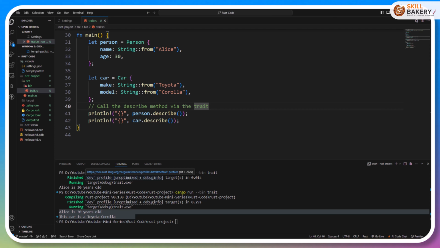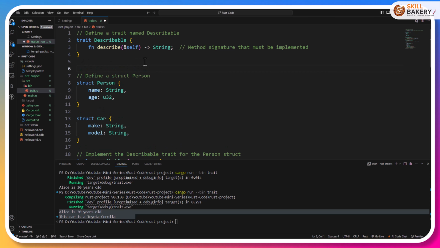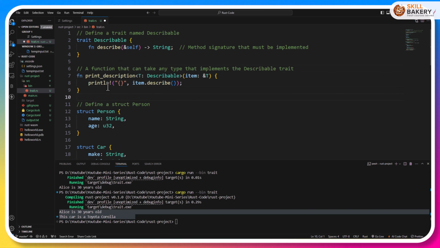This enables you to write generic code that works across different types. We'll be going ahead with the same Describable trait, and we have already implemented it for Person and Car. Let's make it generic. We'll create a function that can take any type that implements the Describable trait. The function is print_description, and it's taking a